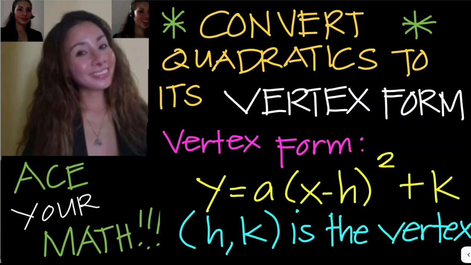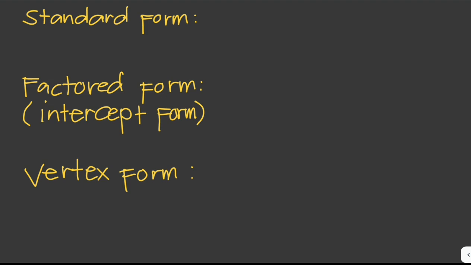In this video, you will learn how to convert quadratic equations or functions to their vertex form. There are three main forms of quadratics: the standard form, the factored form or the intercept form, and the vertex form. The standard form is y equals ax squared plus bx plus c, where a, b, and c are constants,